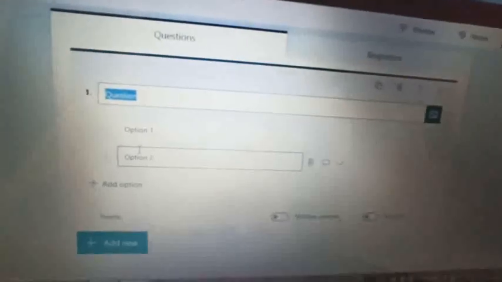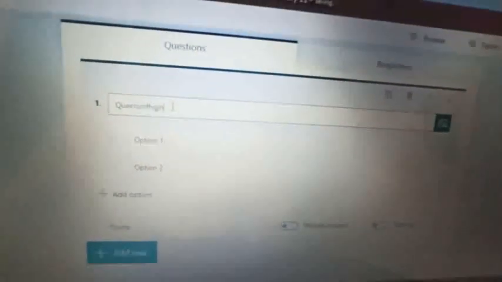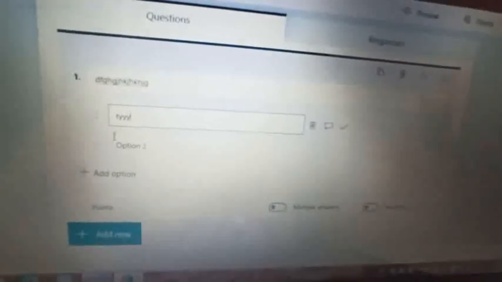As soon as I click on Choice, it shows here to type the question. Whatever is my question, first delete the placeholder text, and then write your question. Then here are the options. Option 1, whatever is your option 1, you write. Option 2, whatever you want to write. By default it shows only 2 options. If you have to give 4, you click here, Add option. The third option will come. I want to give 4 options, so I click once more and 4 options will be here.